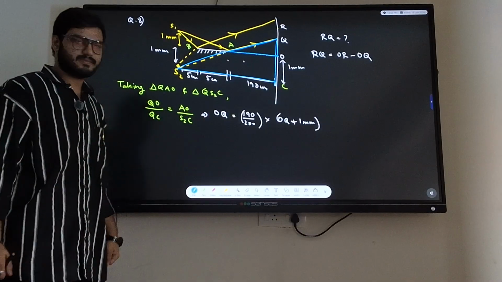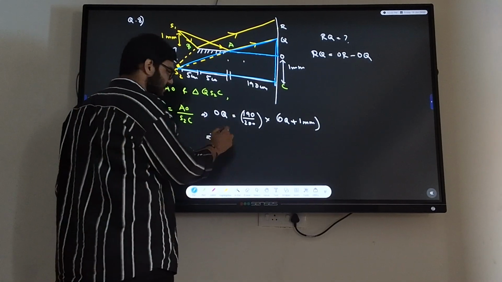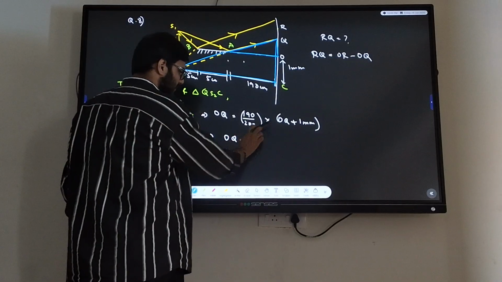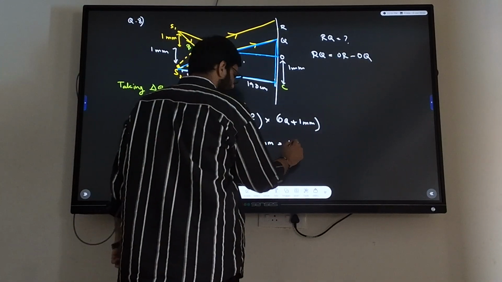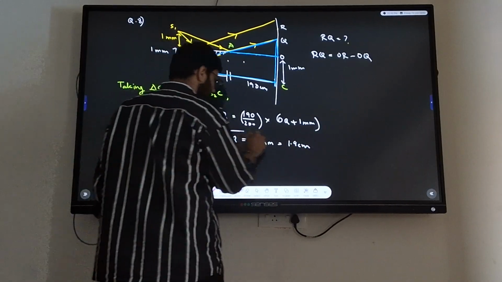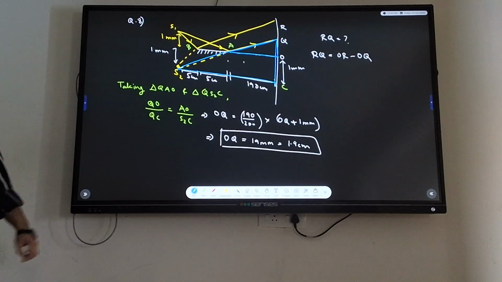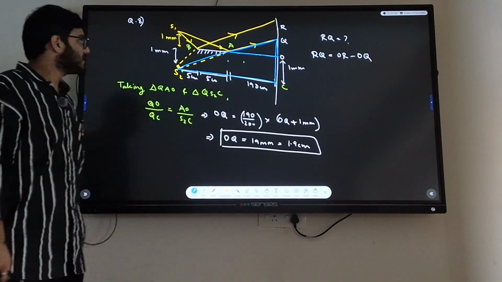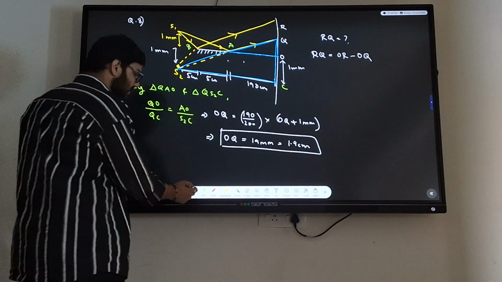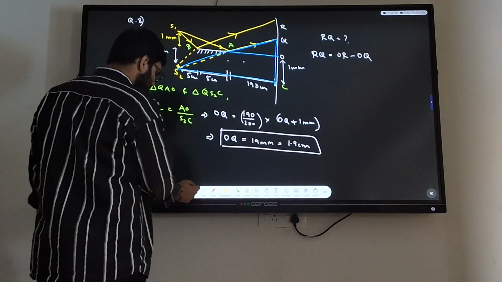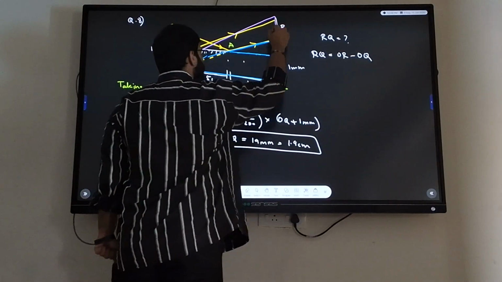So you'll get 19. Can I leave the calculation to you? Even though I just said everything, I think it will be something like 19 millimeter. That's 1.9 centimeter. And we found successfully the OQ. Considering these two triangles, what can you consider then? The above two, and then you can find OR, no? OR, RO, whatever. So I think I will take this triangle